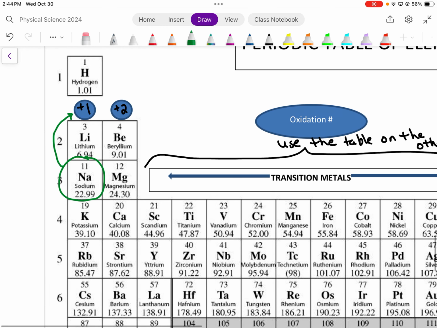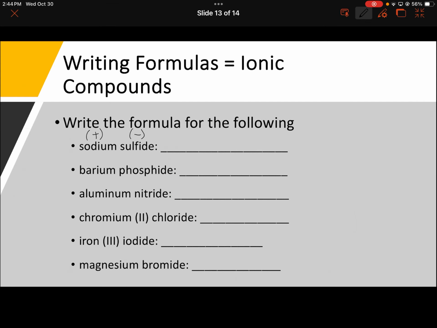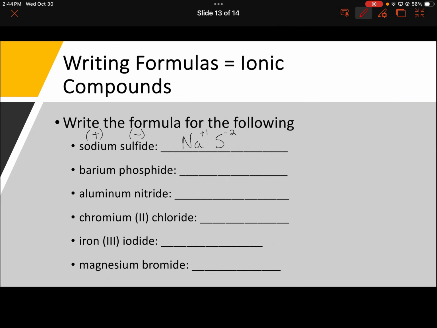So I'll take that information that I had, sulfur and sodium. I'll take it back, and I'll write Na with a +1, sulfur with a -2. And so that's the information I got from my periodic table. Next step, I've got the symbols with the charge. I'm going to crisscross oxidation number. So I'll take the 2,